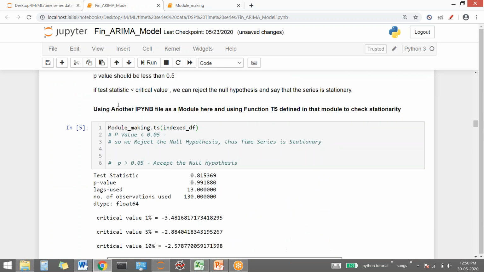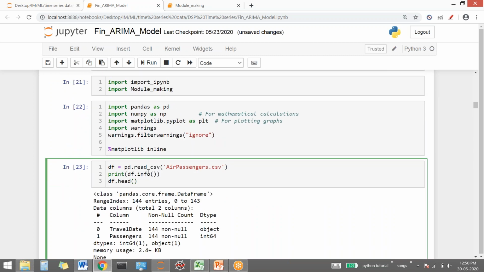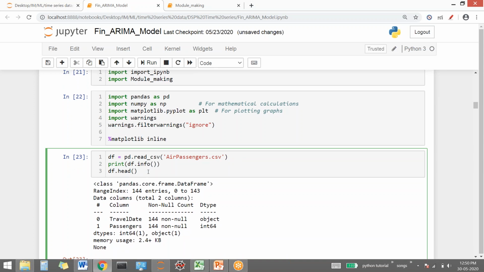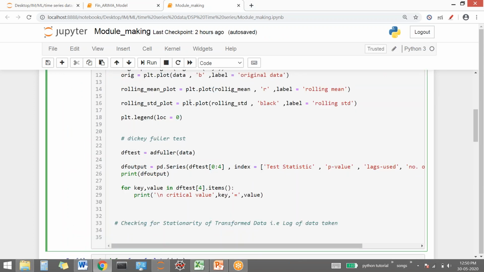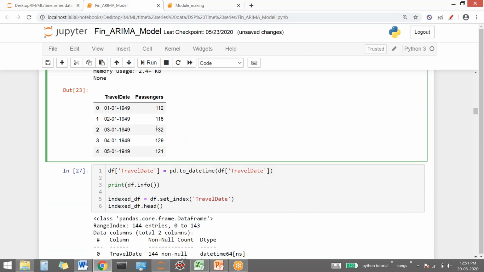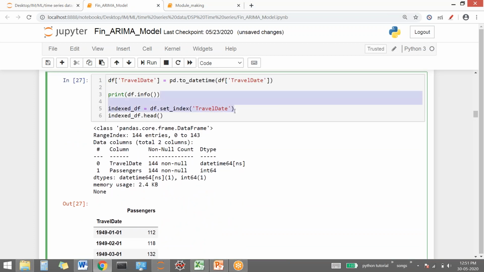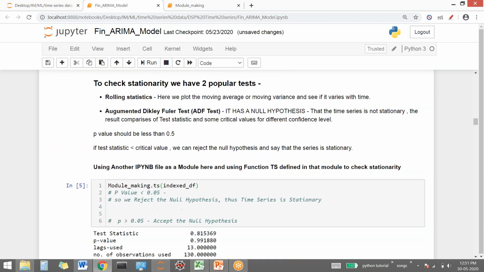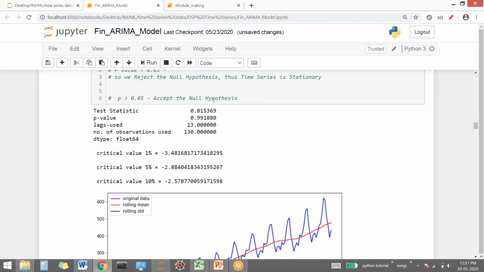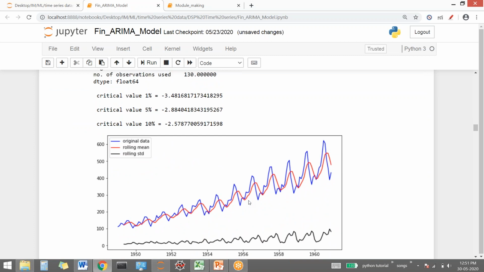Try this code once again, try importing the file again. Import the file again from Air Passengers, and make this change as well, like window 12. Import the file, make it a datetime column again, and then make it the index again. Make datetime a datetime, then make the index, and then do this Dickey-Fuller test. Even if I run this, I'm still able to see the result.